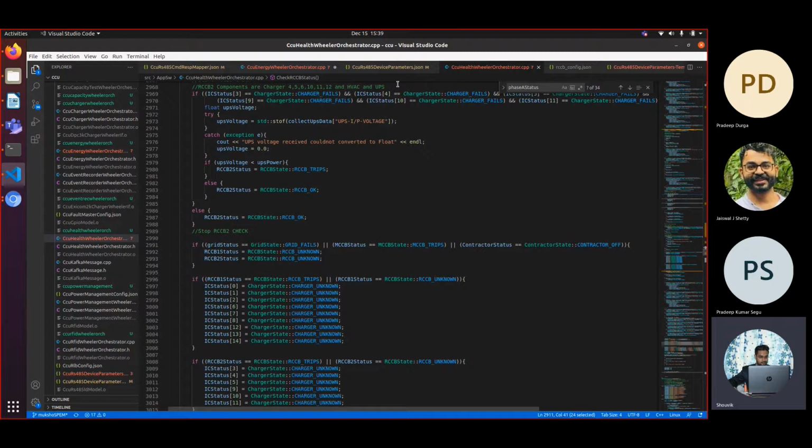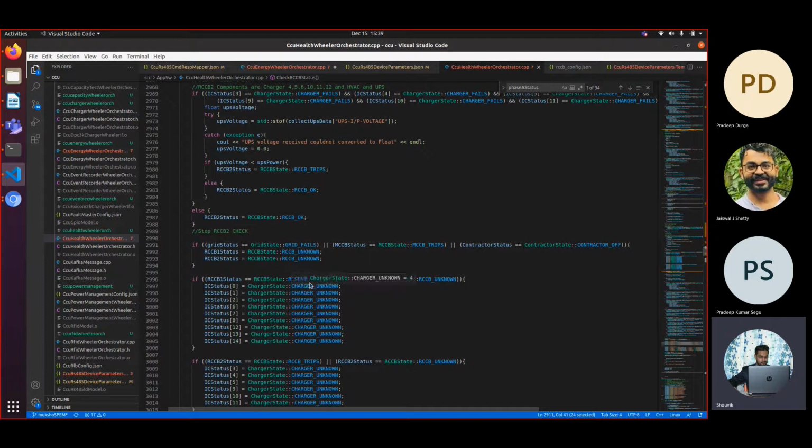But this is not actually RCCB fails. To prevent the false detection, we are saying that the RCCB status is unknown. This is neither okay nor faulty. We cannot determine it.